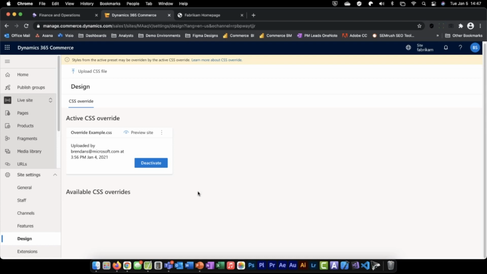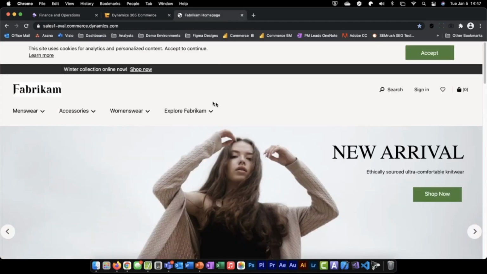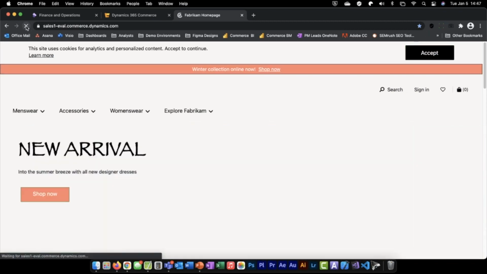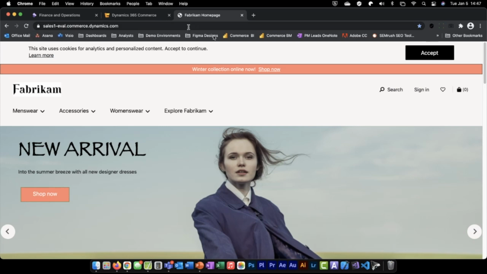It's now active. That's all it takes to activate it. You'll see that it's moved up to the active CSS override. I do have the ability to come in and deactivate it, and it's now available on our website. So let's go back a tab to our public website where we have the old version showing here. And if we hit refresh, we now get the new version of the CSS affecting all customers who come to